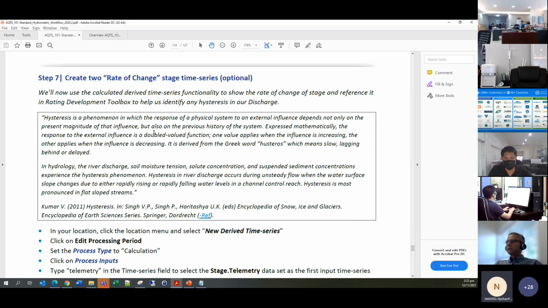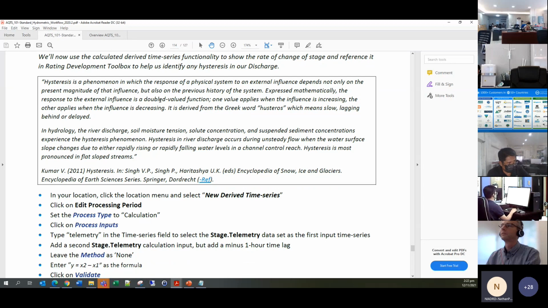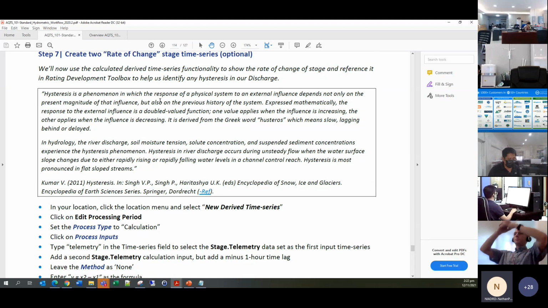This next example is the one where we do the rate of change that I was talking about based on time. This is the one that I was talking about before that we're now going to create. And this one we're going to take another step because it's a rate of change, they're actually going to link it right through to our rating tool